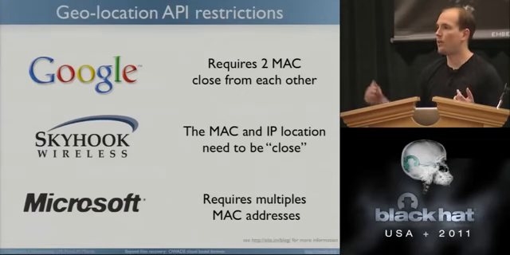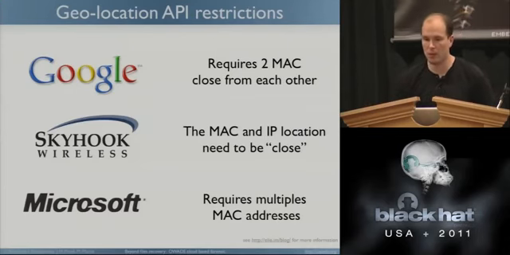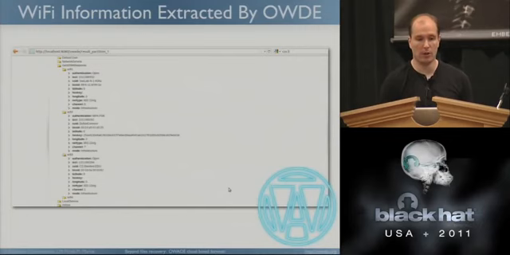That being said, if you connect to multiple access points in the same area, you can actually supply both MAC at once, and you might get some hit with that. If you want to see how OWADE displays that, it looks like this. For each access point, we return you the decrypted WPA key, the BSSID, and when you accessed the access point.